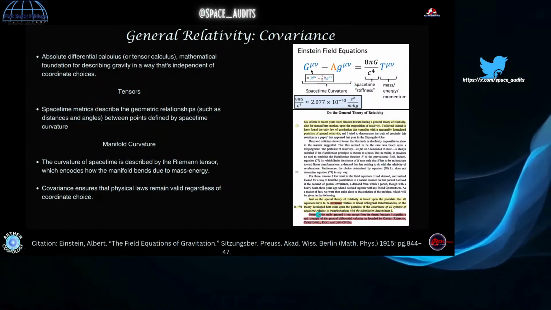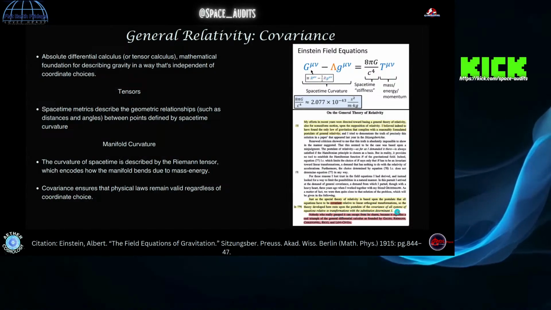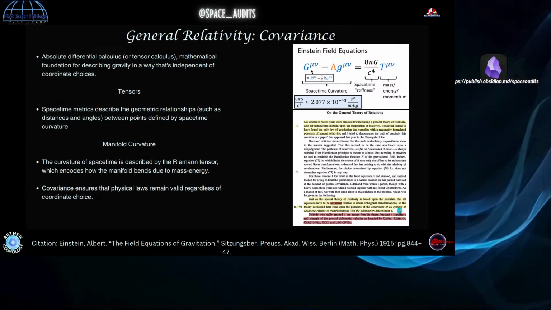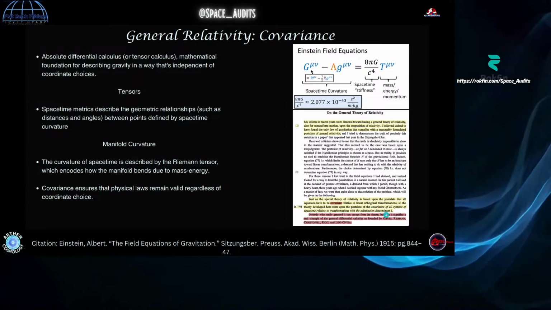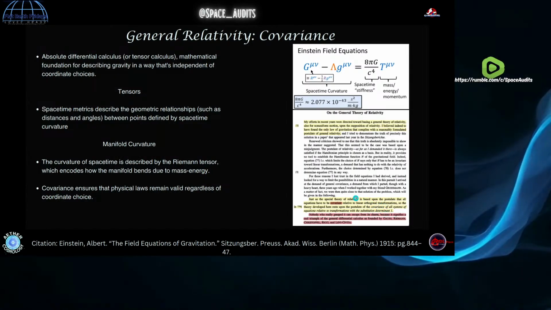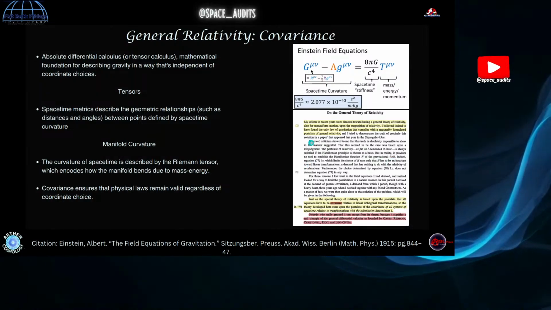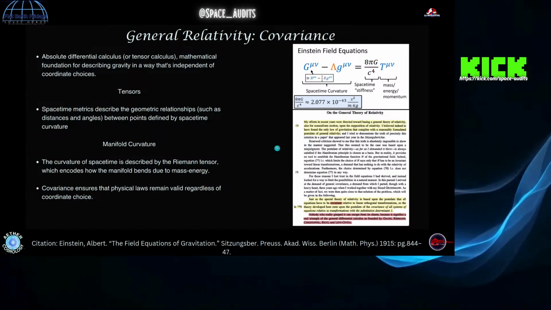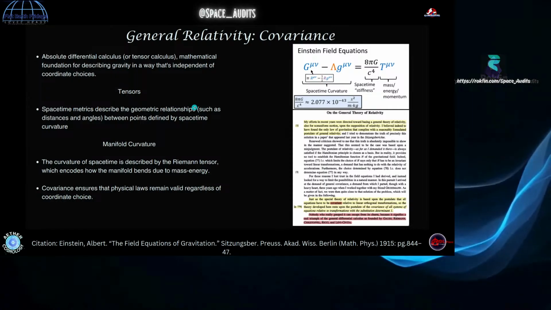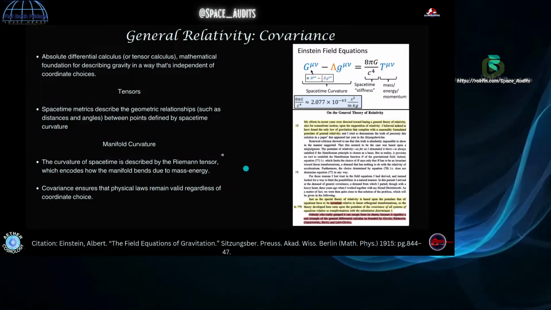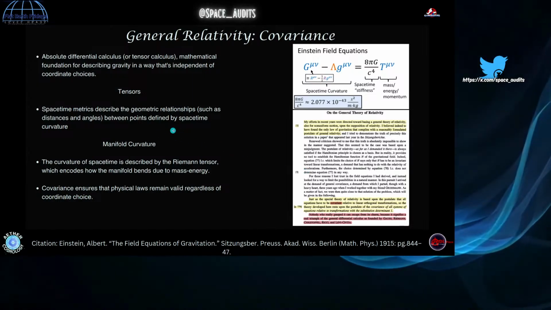So he says, nobody who has really grasped it can escape its charm, because it signifies a real triumph of the general differential calculus as founded by Gauss, Riemann, Christoffel, Ricci, and Levi-Civita. So the founders of the absolute differential calculus, and the boys who pioneered manifold and curvature mathematics within that structure. He's like, we can definitely make use of this, boys.